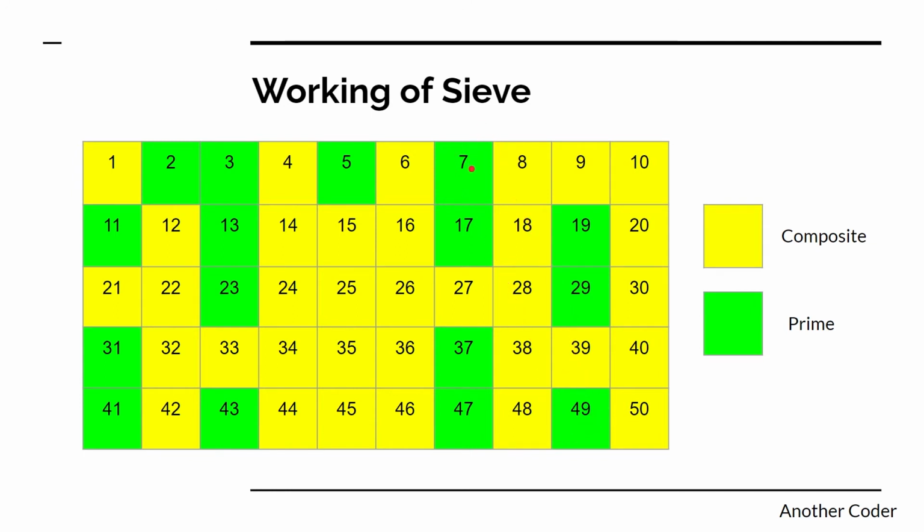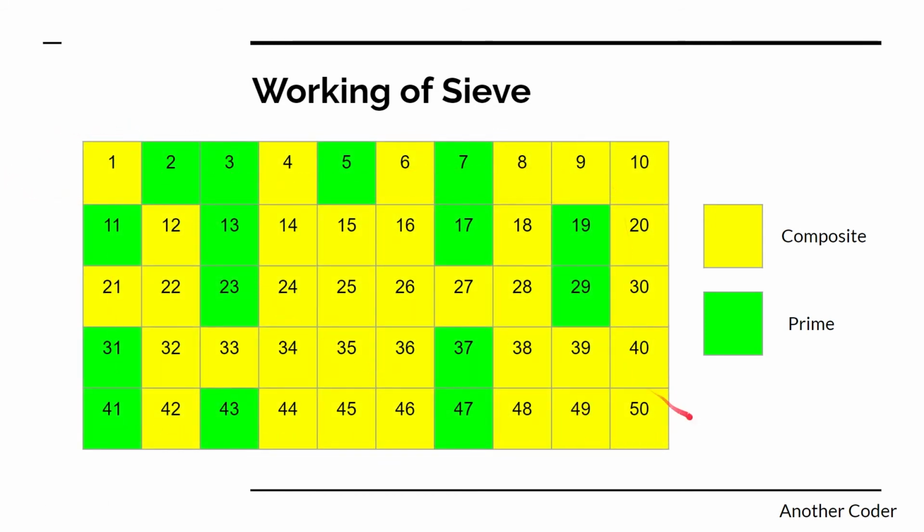Why is it so? Because all the multiples of 7 starting from 2 to 6 are already marked, right? We have covered 2 into 7, we have covered 3 into 7, we have covered 5 into 7. So we need to start from 7 into 7, because all these multiples are already covered. So we need to start from i square, that is 7 square or 49. This is true for every number, and in this way we can mark all the numbers in the given range